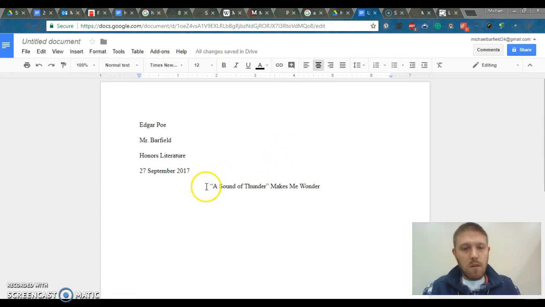Now, something to notice, I put quotation marks around "Sound of Thunder," and that is because it's a short story. If I were talking about a novel, I would take away the quotation marks and italicize it. Books, novels, things like that, italicized. Names of short stories, poems, songs, quotations. All right. Title, enter, go back to the left